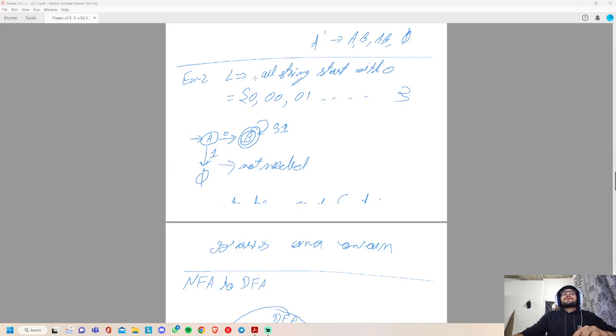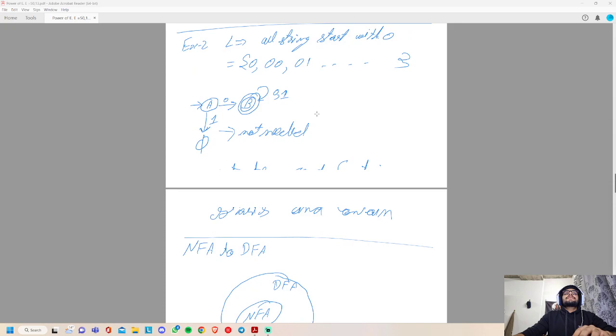Example 2: L is all strings that start with 0. It can be 0, 0, 0, 1, 0, 1, 0, 1, 0, 0, 0, 1. Now I made this automata. If we get 0, it goes to the final state. On the final state, if it gets 0 or 1, it stays in the final state.